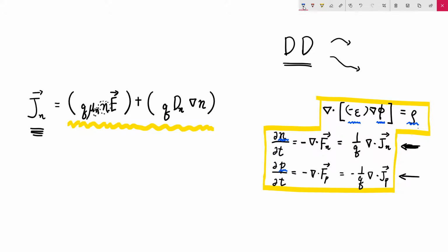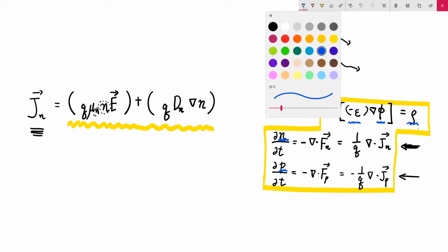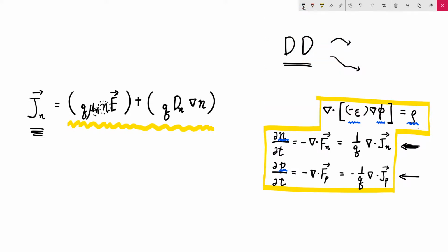Okay, so this is the form we will have from now on. It has many interesting properties, but in this lecture, let's think about the equilibrium properties. So at equilibrium,